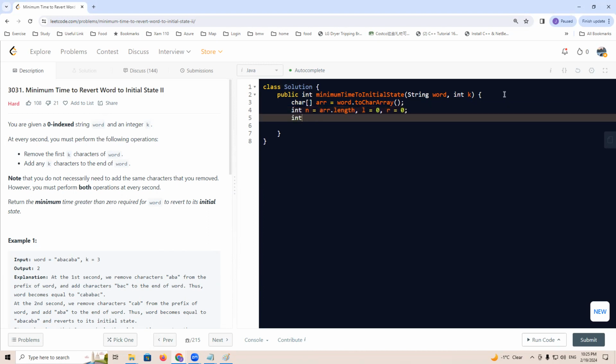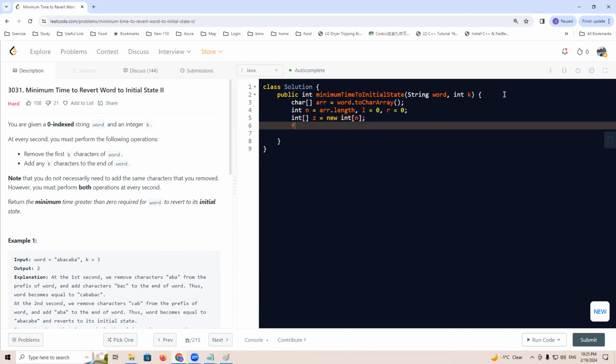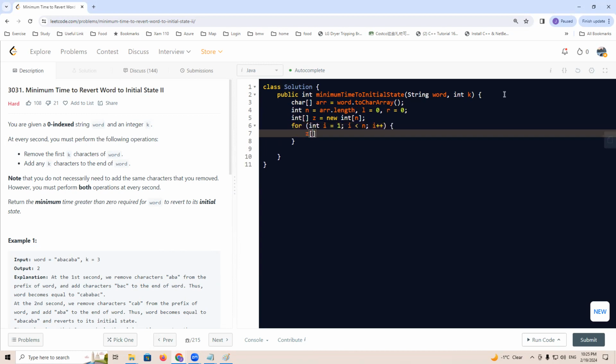In this case, we are going to create a Z array, right? Because new int n. So what we do is for int i equals 1, i smaller than n, i plus plus, right? So I say this kind of z[i], we know this one is not negative, so it will be at least 0, right? Because out of the right boundary, we will never calculate yet. We didn't do any